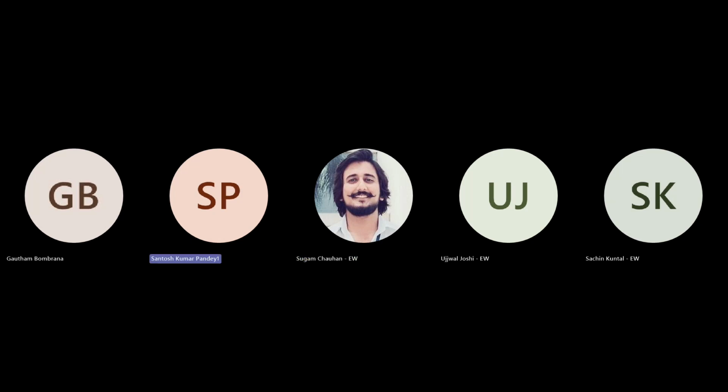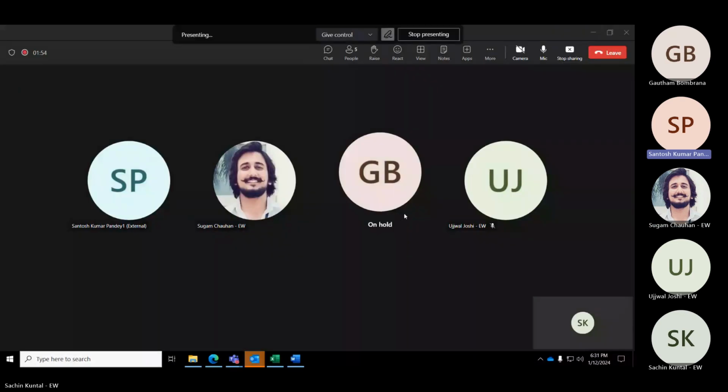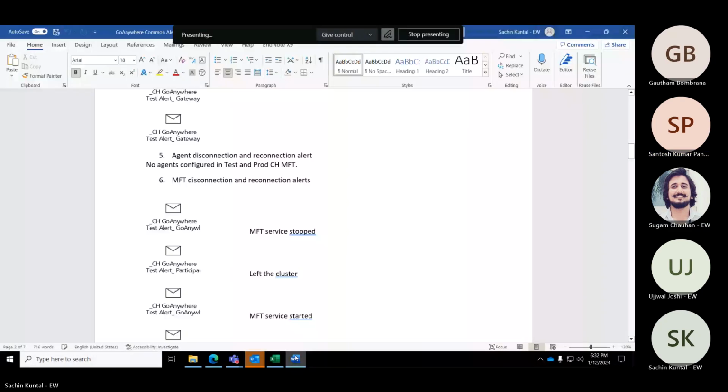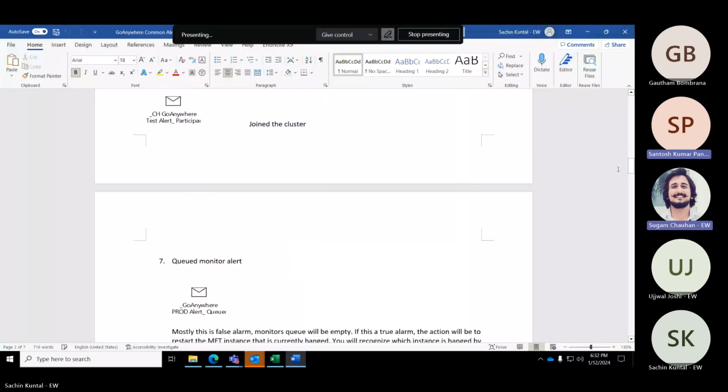So till now we have covered the overview, and we've got three environments: dev, test, and prod. We covered infrastructure and design, where you gave us a walkthrough on the document that gives the details about the infrastructure and the design, how and where these servers are placed and how they are connected.